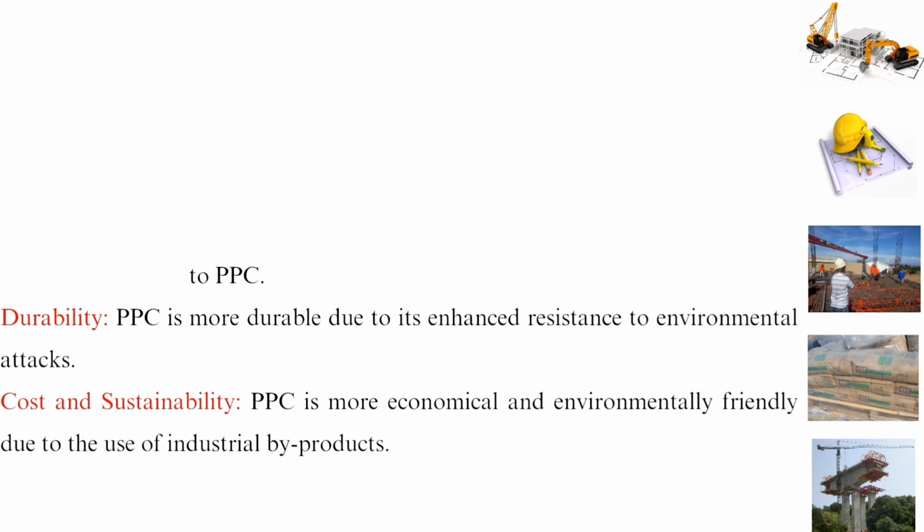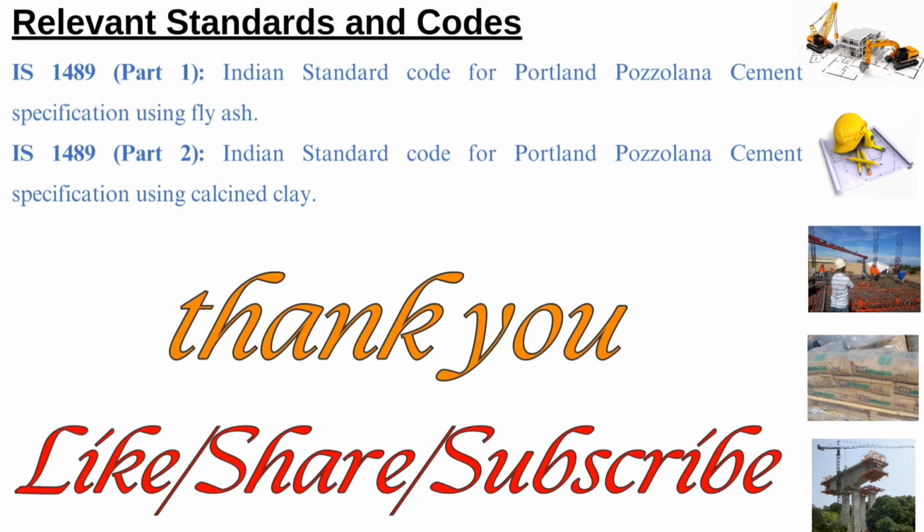IS 1489 Part 1, Indian Standard Code for Portland Pozzolana Cement specification using fly ash. Then we have IS 1489 Part 2, Indian Standard Code for Portland Pozzolana Cement specification using calcined clay. So understanding PPC cement in detail, including its composition, properties, advantages, disadvantages, applications and standards is crucial for competitive exams in fields such as civil engineering,